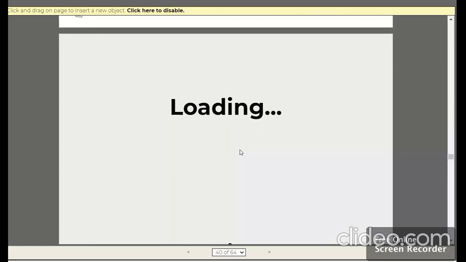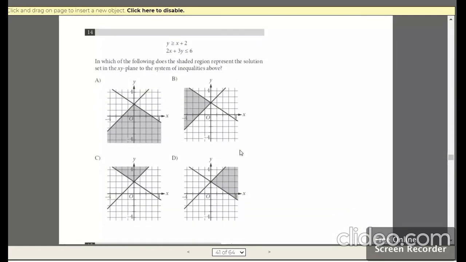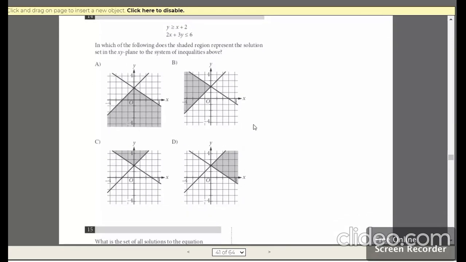Moving on to question number 14 that we have, linear inequality in two variables. We just need to work it out and get the system of inequalities of a shaded region represented with the following given system of linear equations that we have. Which one represents that? So first try and get the equality, that is y is greater than or equal to x plus 2.